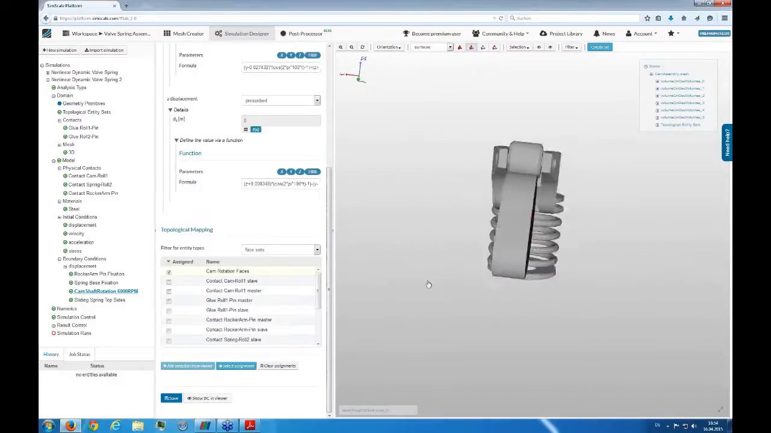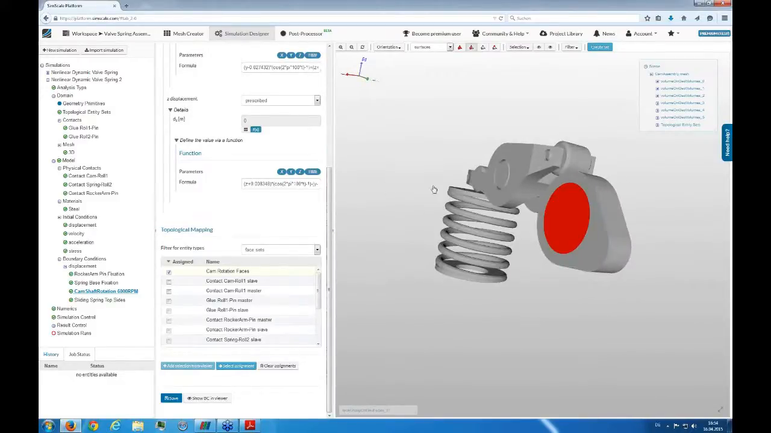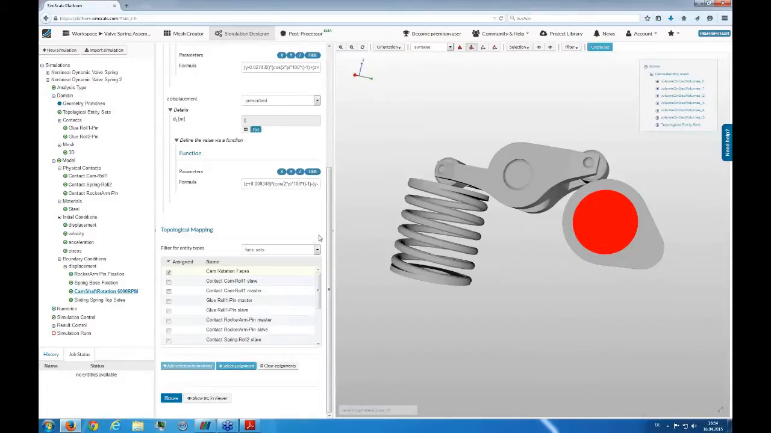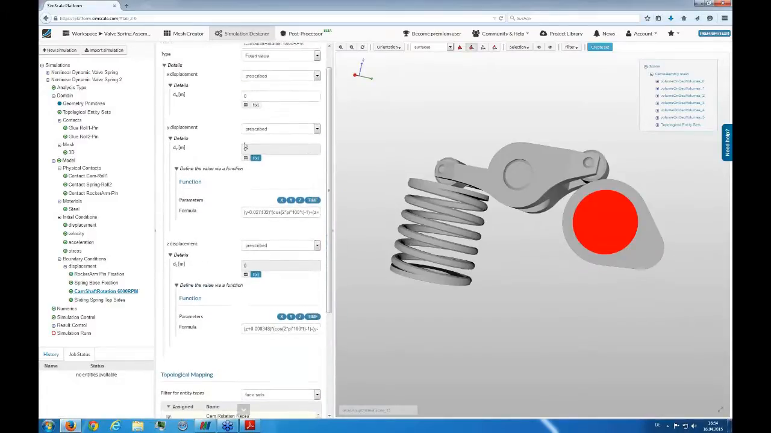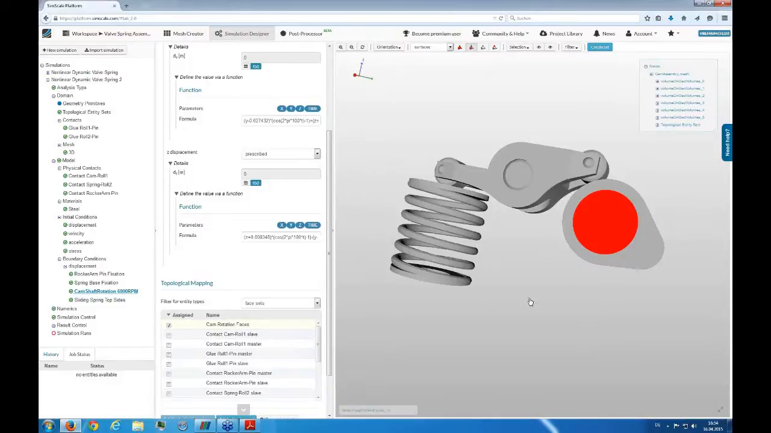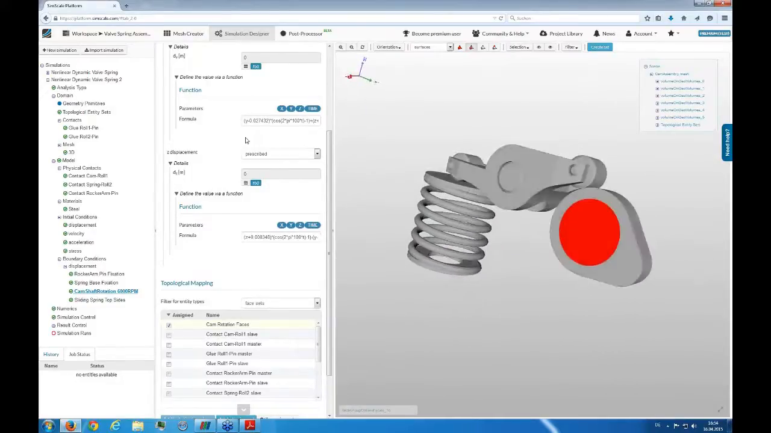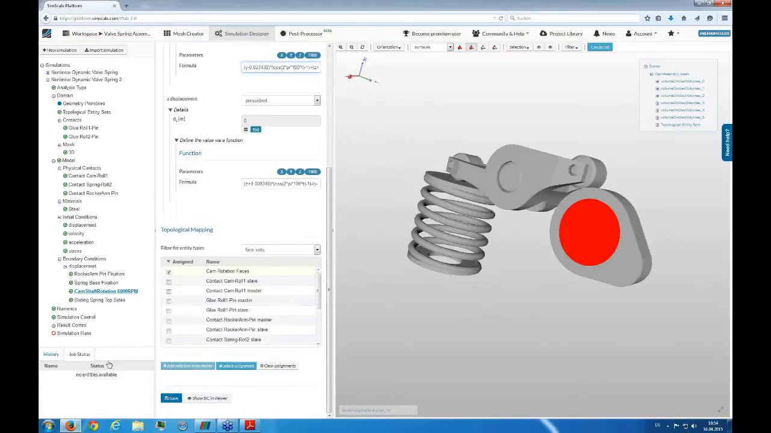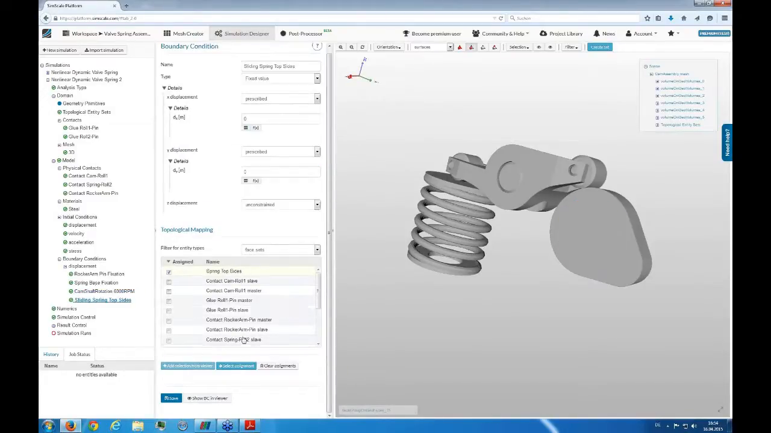So for these outer faces, which are connected to the crankshaft, we specify a defined rotation. This is mainly taking the rotation matrix and putting the values here into the formula. So this is a little math you have to take, but it's not as complex as it looks. So in the last